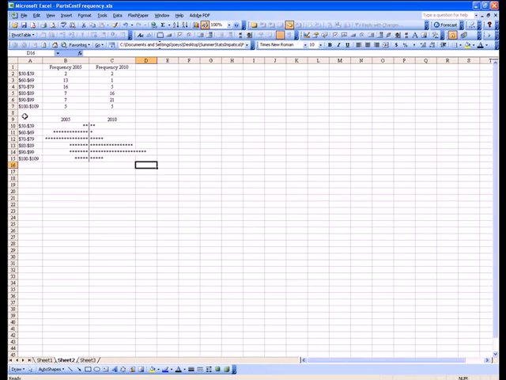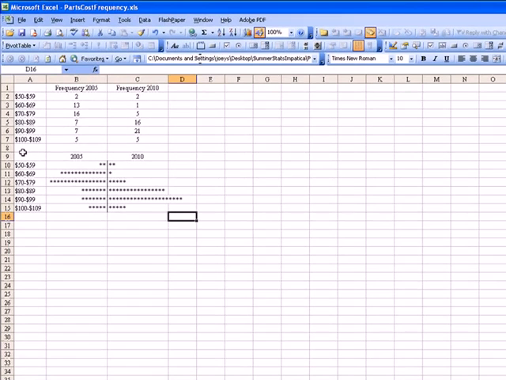So now we have our dot plot for two different distributions, the 2005 distribution of car parts cost or tune-up parts cost, and the distribution for 2010. And what we can see is that in fact we have experienced an increase in parts cost overall,